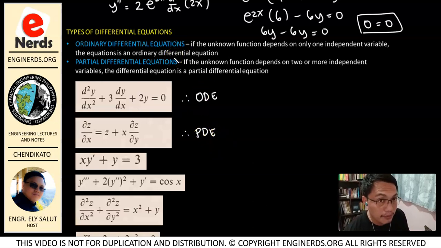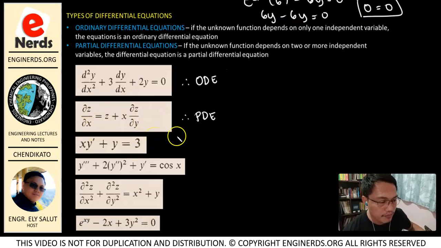Alright? And para mas madali rin natin siyang ma-identify, yung notation ng ating ordinary differential equation, we have our d written this way, d squared y over dx squared. Okay, samantalang if we have a partial differential equation, ganito yung ating notation ng d. So kapag nakita ninyong ganyan, check na lang natin yung ating denominator, no? If our independent variables are more than 1, no? So that means we have a partial differential equation in our given. Okay? So madaling makita yan dahil ito yung ginagamit nating notation if we have a partial differential equation.